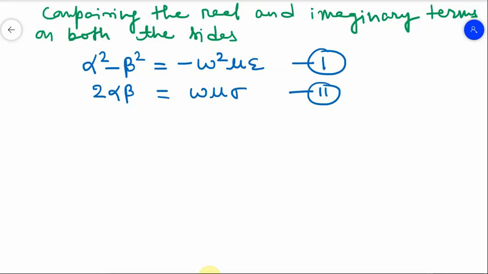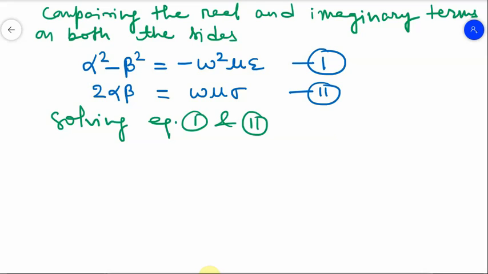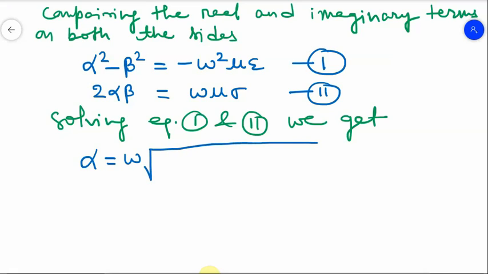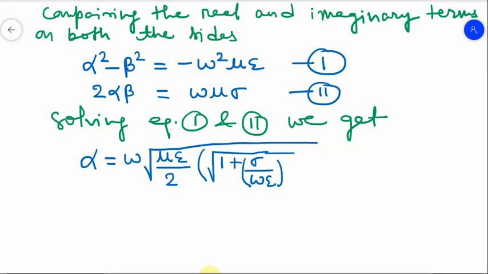Now if we solve this, solving equations 1 and 2, we get the following equation that I had shown in the last class also: alpha will be equal to omega root over mu epsilon upon 2, inside the bracket root over 1 plus (sigma upon omega epsilon) square minus 1, and your beta will be